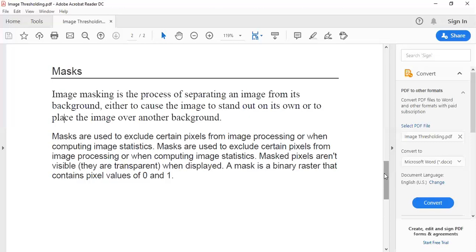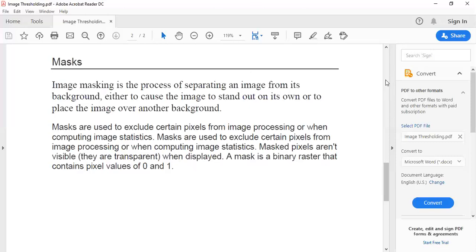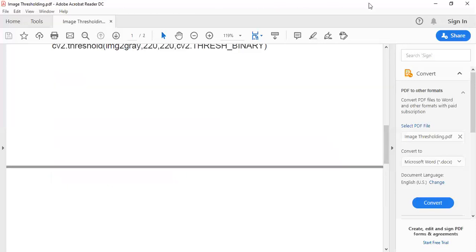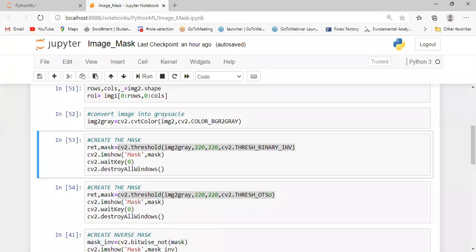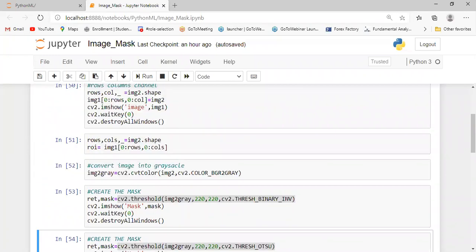In a moment, guys, I will open Jupyter Notebook. We will implement practically what is the code of mask and what is the threshold value. First command is to import the library, that is import cv2.